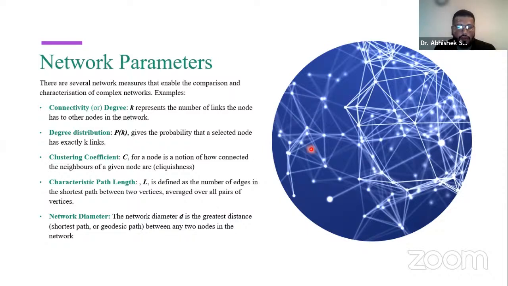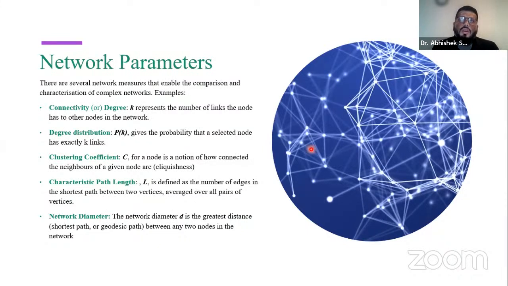When we have two nodes, there is a path between those two nodes. It measures the typical separation between two vertices in the network. Intuitively, it represents the network's overall navigability, that is, how the network is actually navigating from one node to the other. So the whole navigability can be represented by the path lengths. Then we have network diameters.